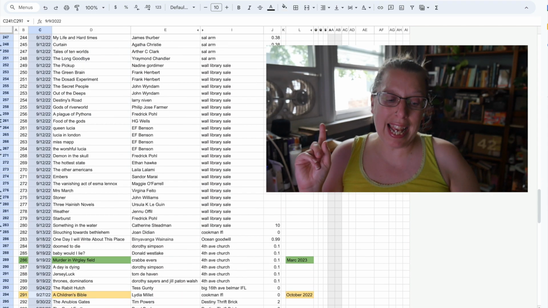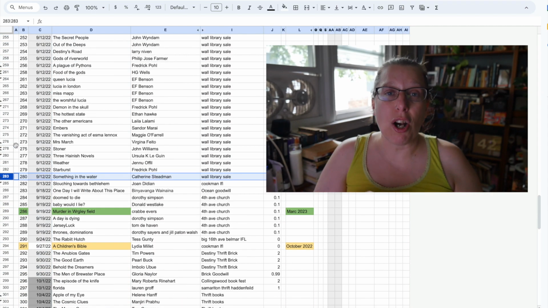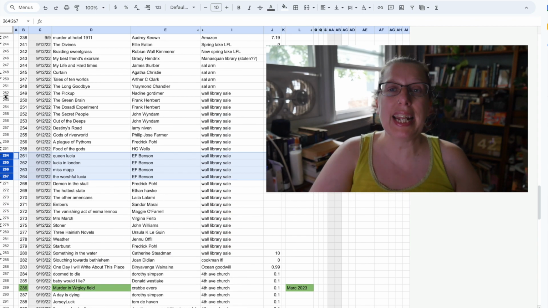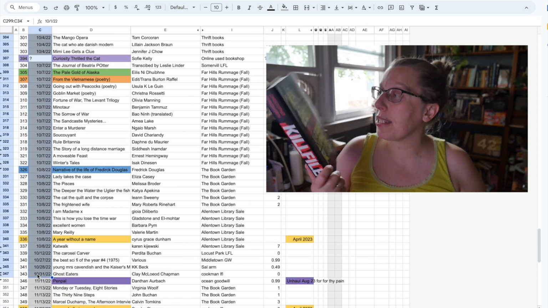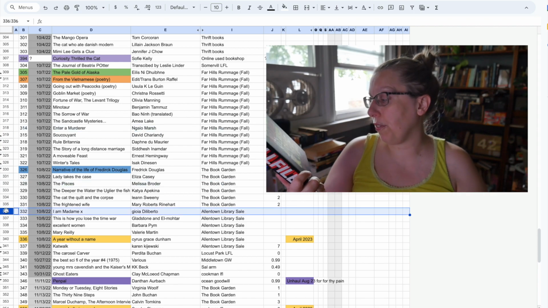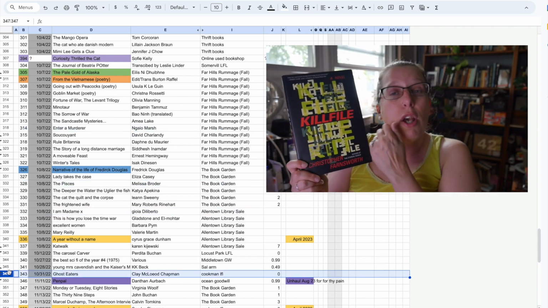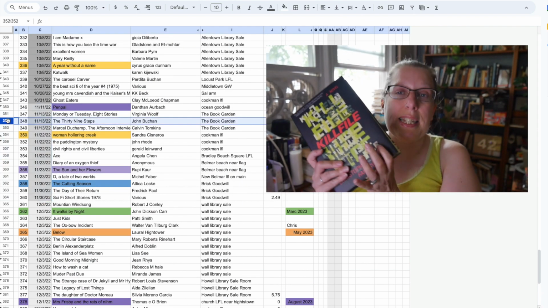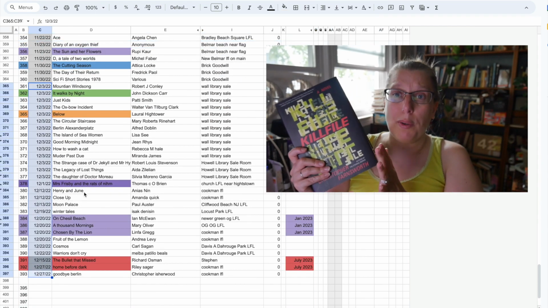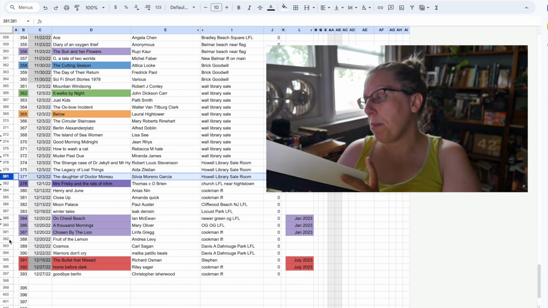In January, I had 8 books that I hauled in 2022, but I hadn't read yet, and the book that I picked to go on this list is Killfire by Christopher Farnsworth. I read Christopher Farnsworth's The President's Vampire a long time ago. I only picked this up actually for my dad because he likes him, but my dad had already read this. I actually tried this in a try-a chapter, and I didn't get rid of it. I wanted to keep it, so I feel like this is a good choice, and I could read this next